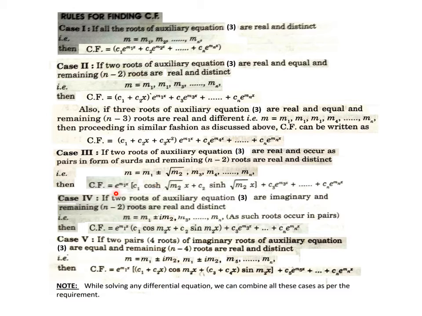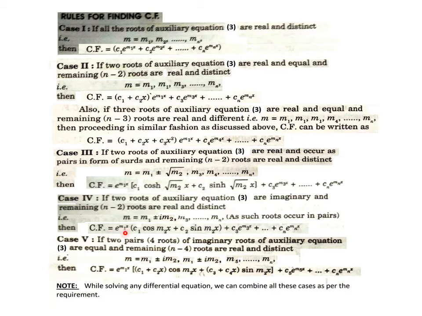Case 4: if 2 roots of auxiliary equation 3 are imaginary and the remaining n minus 2 roots are real and distinct, and imaginary roots also occur in pairs. So 2 roots m1 plus minus iota m2 are in a pair of imaginary roots, complex roots, and then the remaining m3, m4 up to mn are real and distinct. In that case, CF is written